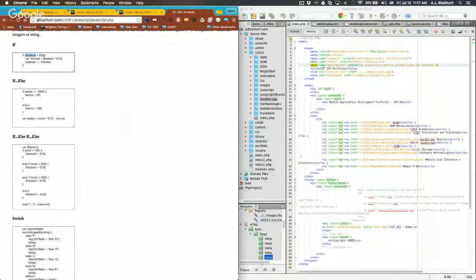So 51 is greater than 50, yes. Then it'll declare the variable interest and then give the value of what the balance is, 51 times 0.03, and then it will add